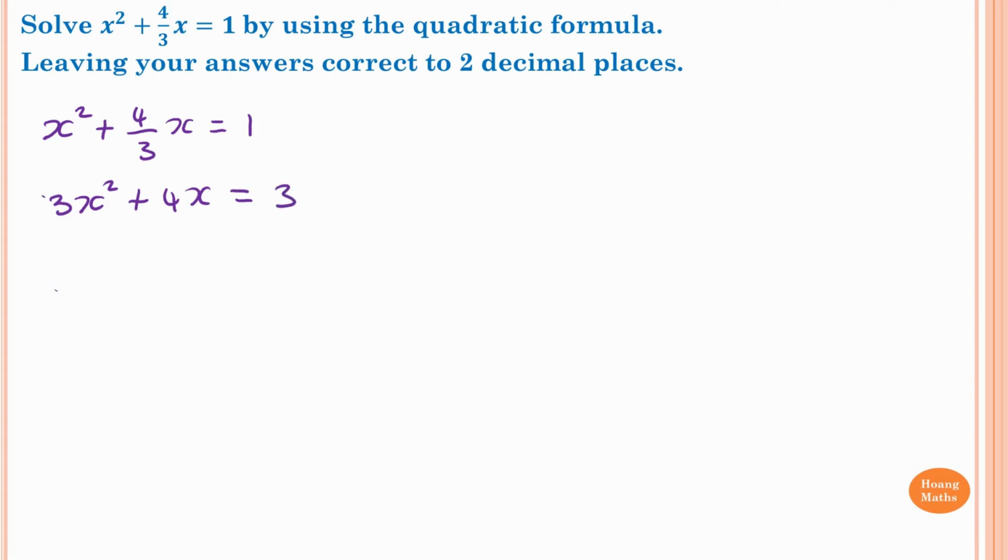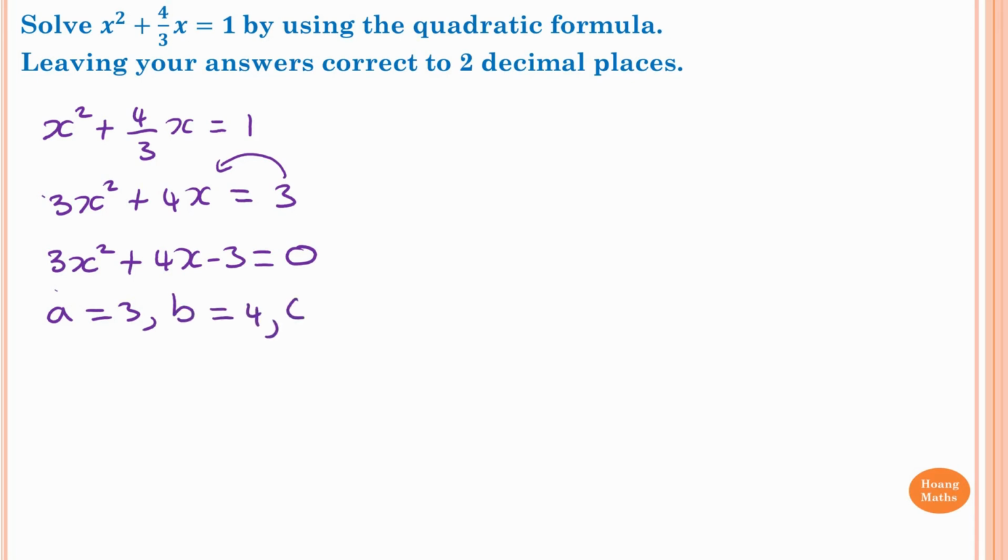Times every term by 3. And I move the 3 to this side, so it becomes the general equation. So 3x squared plus 4x minus 3 is equal to 0. So a is 3, b is 4, c is negative 3. The quadratic formula is x is equal to negative b plus or minus the square root of b squared minus 4ac, over